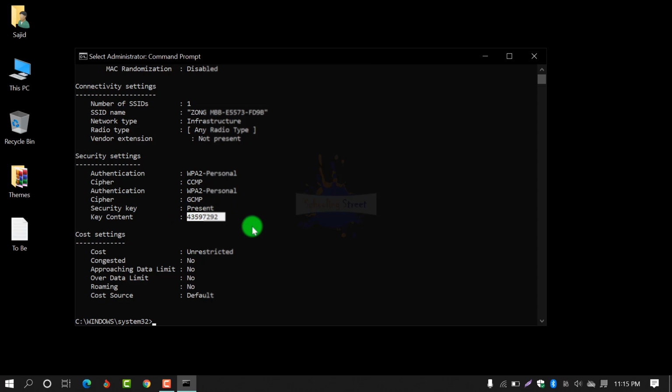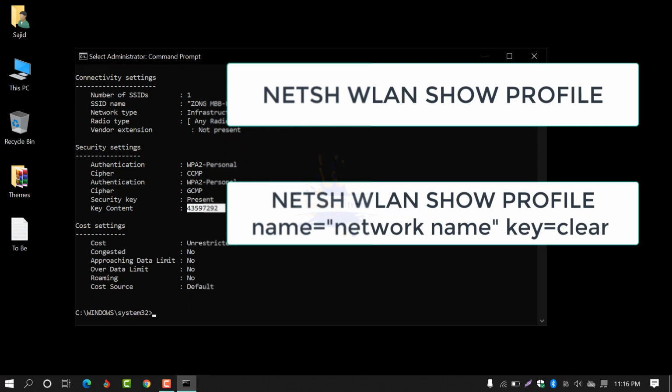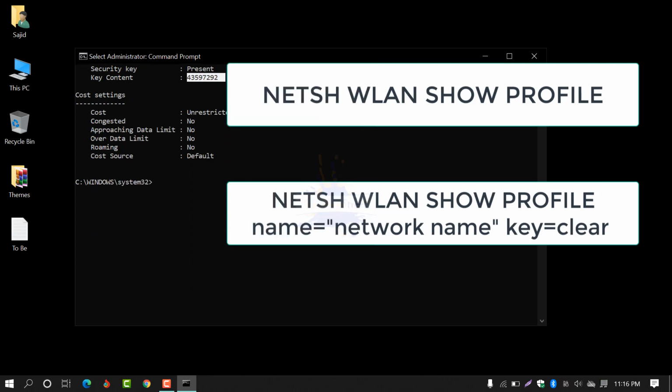Similarly, you can check out the password of any connected network with this command prompt. You just need to write these commands, first this one and second this one, where the name in inverted commas will be the profile name that you want to show the password of.